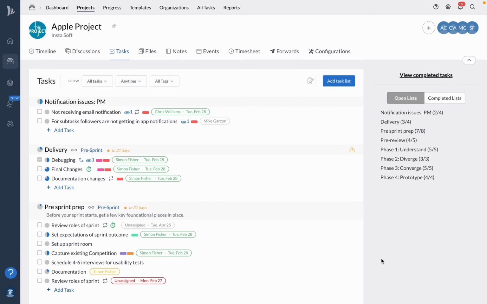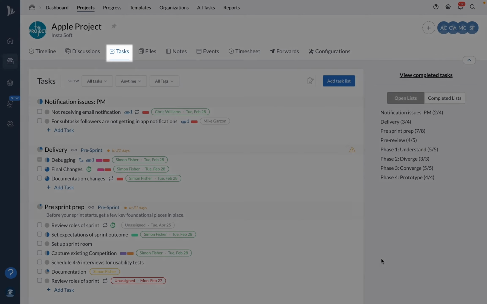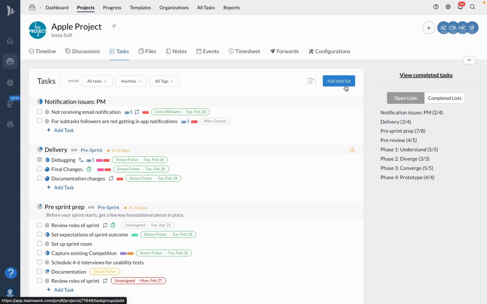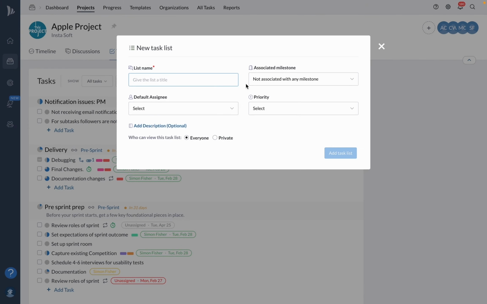In this section of the video, let's create a task list in your project on TeamWave's project management app. Don't worry, it's super easy. First, head over to the Tasks tab once you're in your project. Then click on the Add Task List button right here. Now comes the fun part. Name your task list,